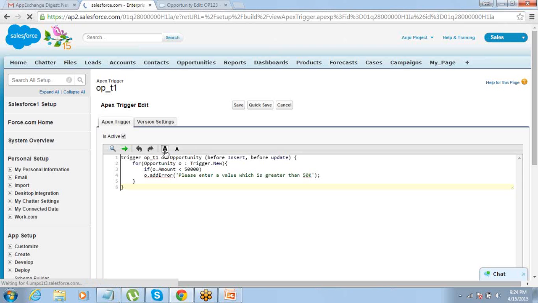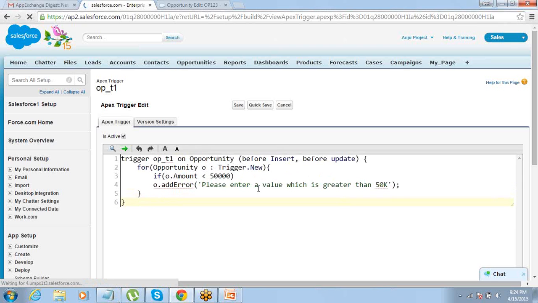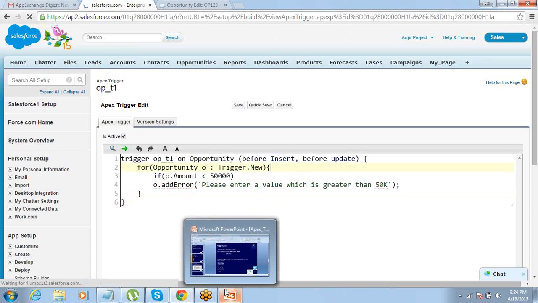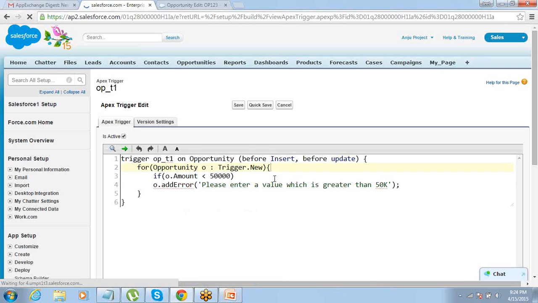I have to use is insert and is update. I'll have to check if it is insert trigger, then do this. If it's update trigger, then do this. So ideally, our code should change like this.